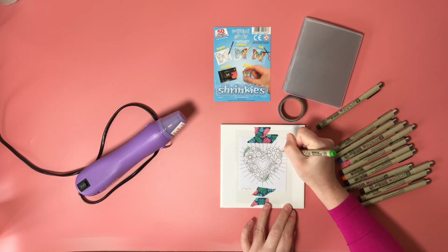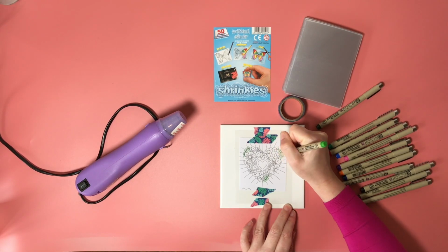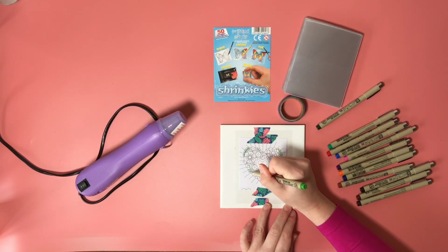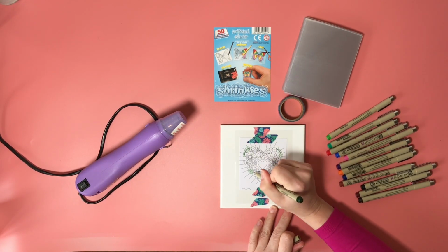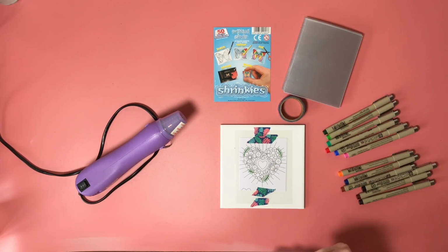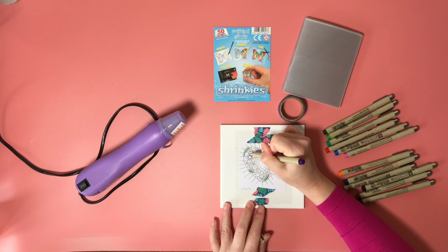I've attached my clear plastic sheet securely over the top of my template, and I'm using my archival ink fine liners to trace over the template outline underneath. I'm not colouring in any sections of this design, or if I am, I'm only going to add some very